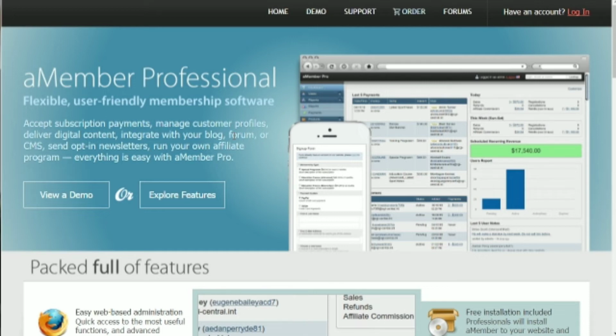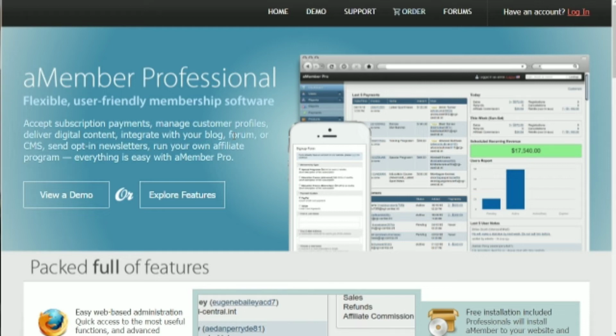In fact, we've actually had them do custom programming for us to integrate it into a payment gateway that hasn't been available anywhere else, literally for less than a couple $100. So in addition to that, I want to show you this because I want you to know that their customer support is amazing. I have not ever really seen any customer support better than this, and they really go above